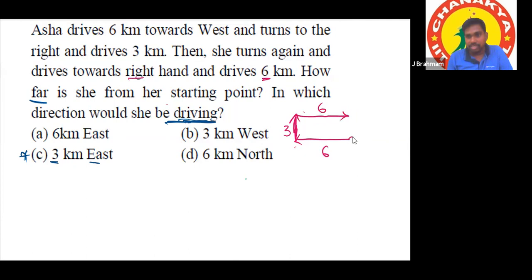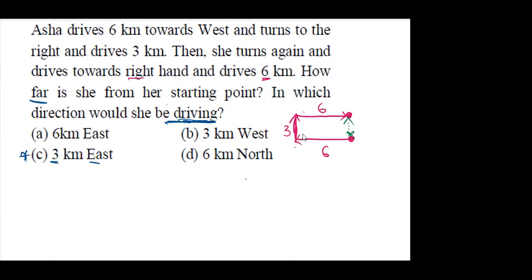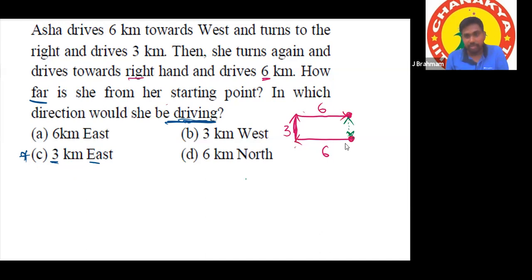So that's all. This is the initial position and this is the final position. And the question is, how far is she from the starting point? So this is the starting position and this is the final position. Now what is the distance? How far is this in kilometers? To find the distance here, the helpful diagram is a rectangle, right?